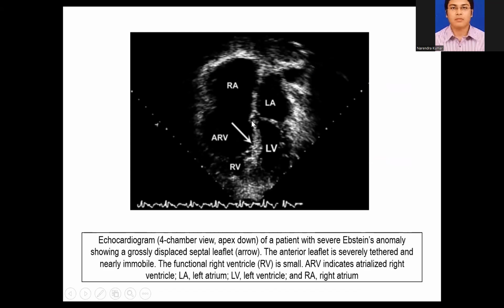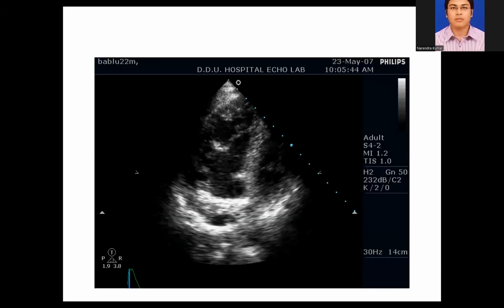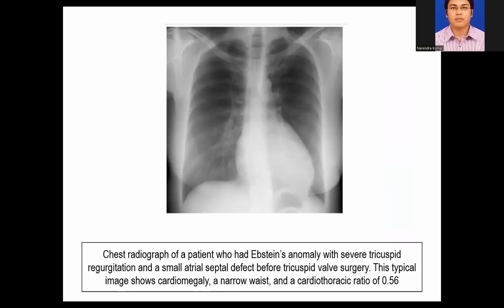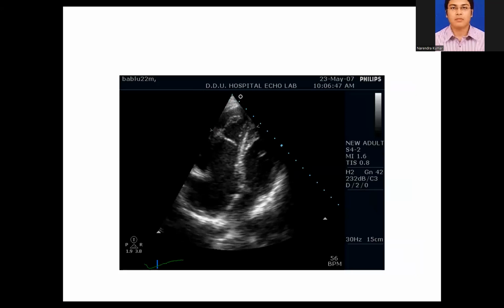I hope I'm able to give you a correct answer. What do you mean by Epstein anomaly? Sure. Now it is said that if you happen to see this Epstein anomaly, normal cases is